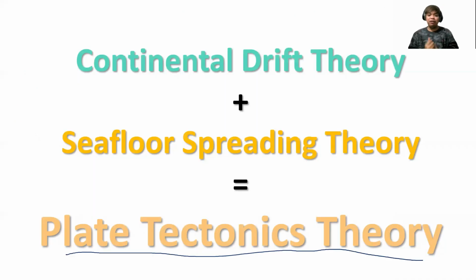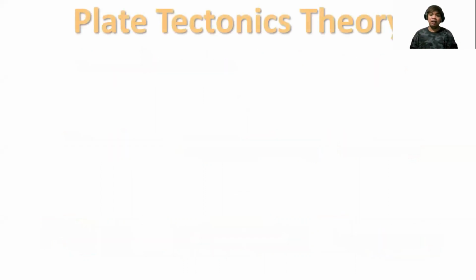Okay? Now that you have learned the causes of the movements of the plates of the Earth, coupled with the pieces of evidence provided by the continental drift theory and the seafloor spreading theory by Alfred Lothar Wegener and Harry Hess respectively, we now have a unifying theory which we call the plate tectonics theory. Now, the plate tectonics theory explains everything that is happening doon sa geology ng ating Earth. Okay? So ano po ba ang sinasabi ng plate tectonics theory? So number one, it tells us that the Earth's lithosphere